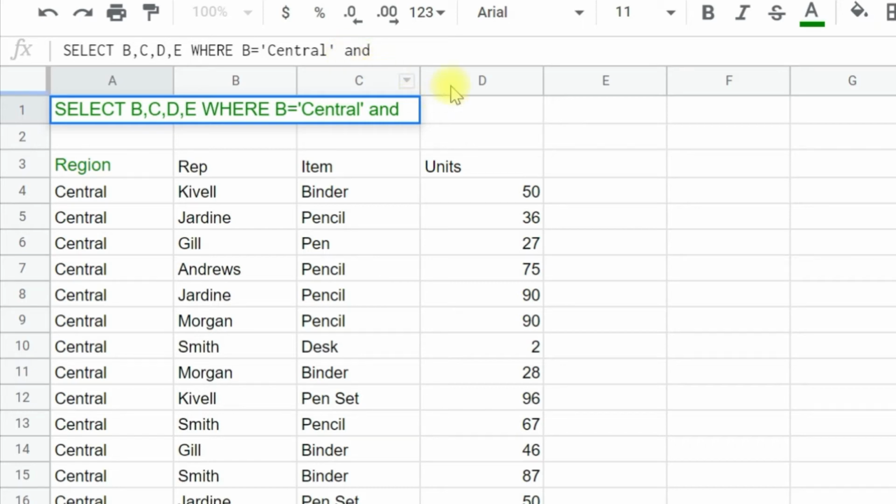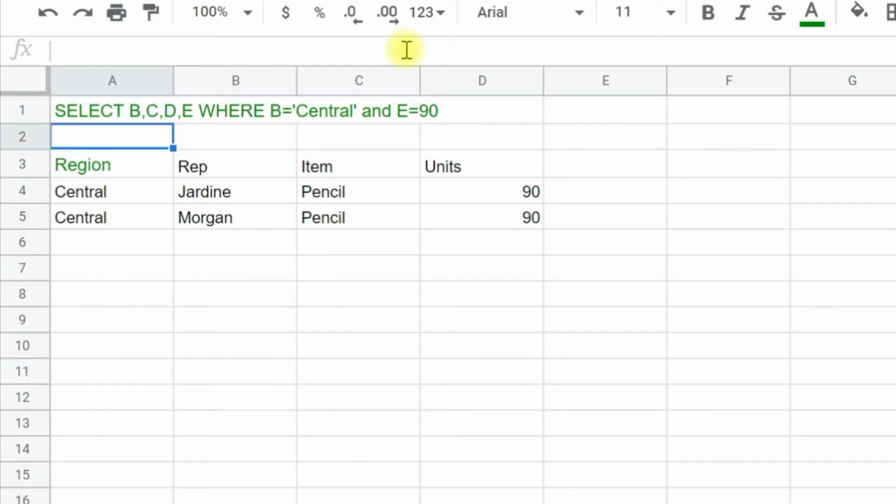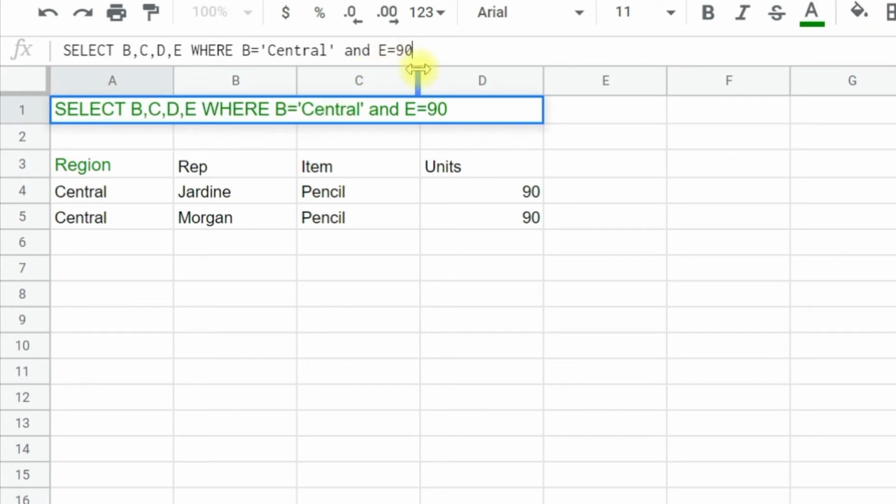Like we have put column B entry central, and we want to add another entry of D, showing how many units have been sold in the central region, having 90 units. Now we see that there are only two entries, and the representatives are Jardine and Morgan.